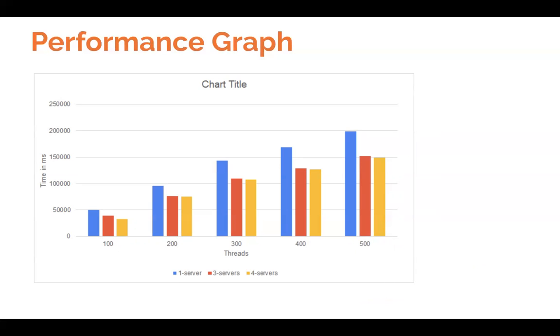And going towards the 500 concurrent users, we can see that there is a drastic drop between the number of servers: 1 and 3. So we can say that load balancing manages the number of servers with respect to which load is coming and how to manage the load between the servers.